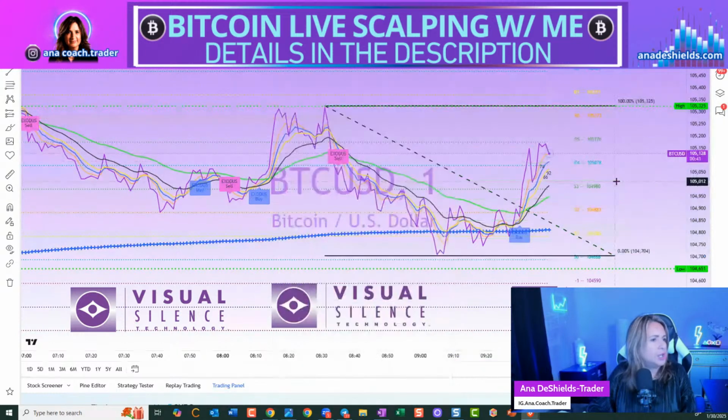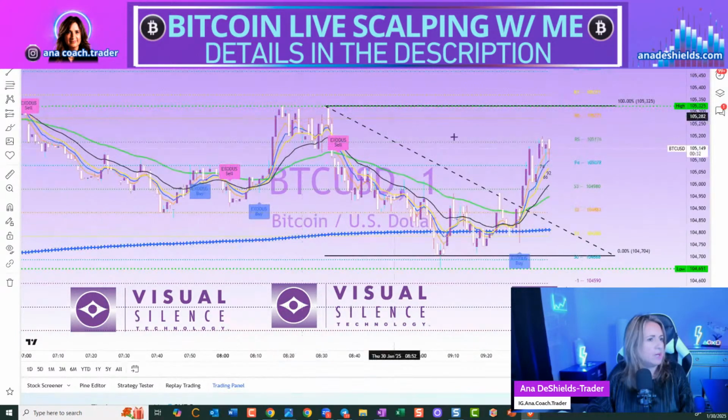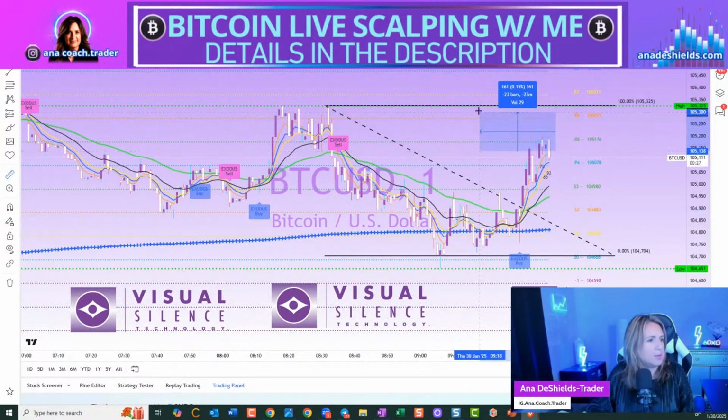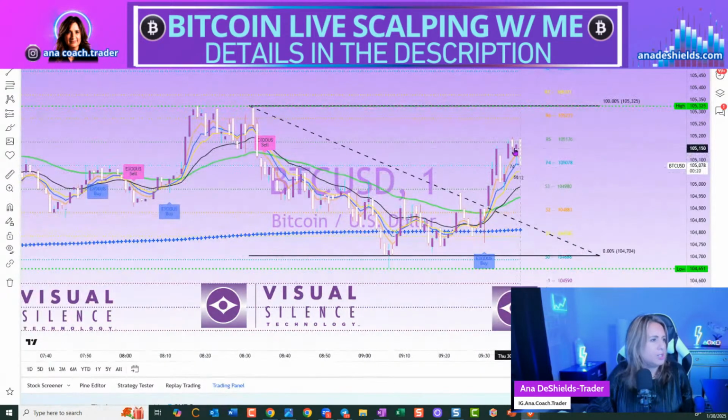Okay. So if she does do this nice run, we anticipate her to come up to this zone. We anticipate her to run up to here. Those that got in on my Exodus cross, if you're still holding, you have about 200 more points for her to go. We're having a nice pullback. She hit the support and resistance here to the left. Some traders may get out or some may hold for the continuation back up to this zone here.